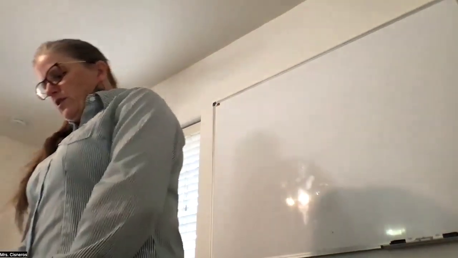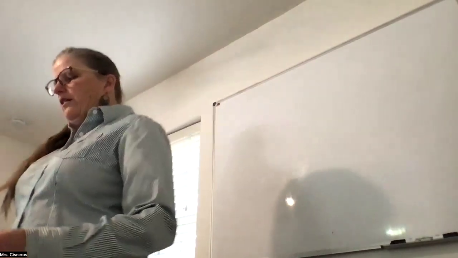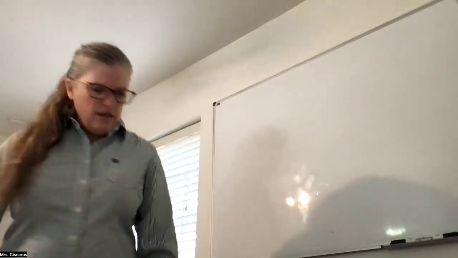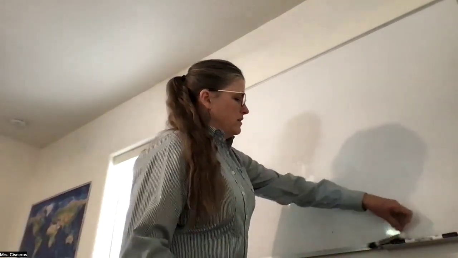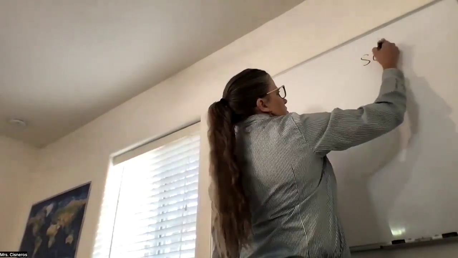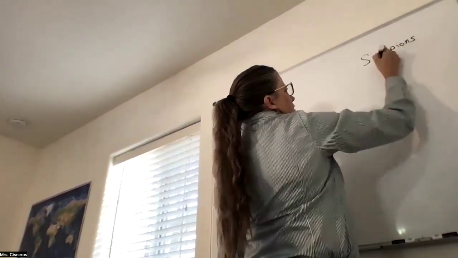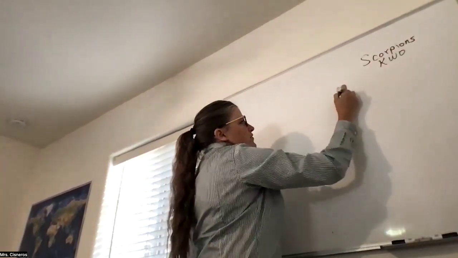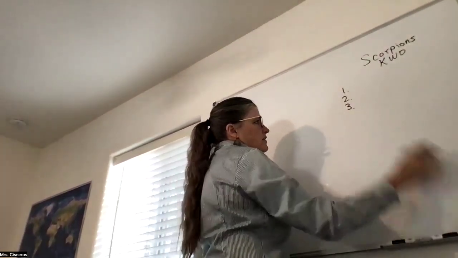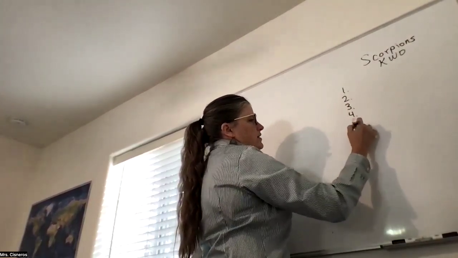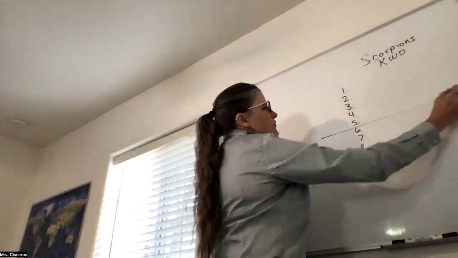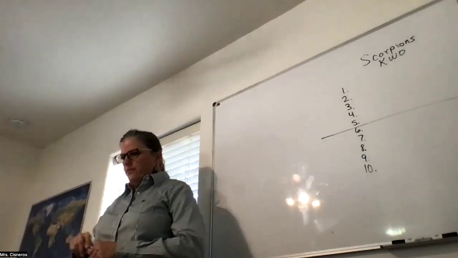That's good. So all your stuff for the scorpions, it's all of week 2. We've been working on that for a little while. You should have your keyword outline. This is scorpions, and then you have your keyword outline, and you already have 1 through 5 done. You guys should have 1 through 5 already filled in from last week.